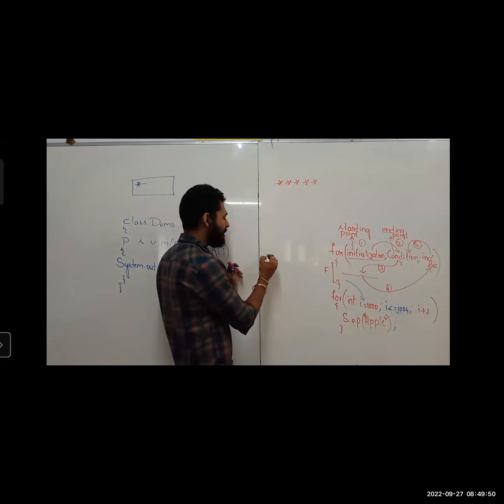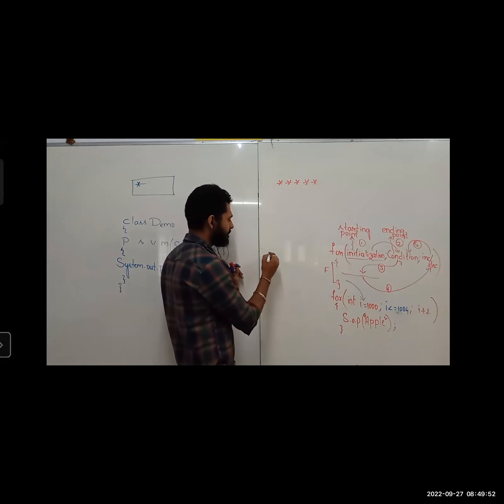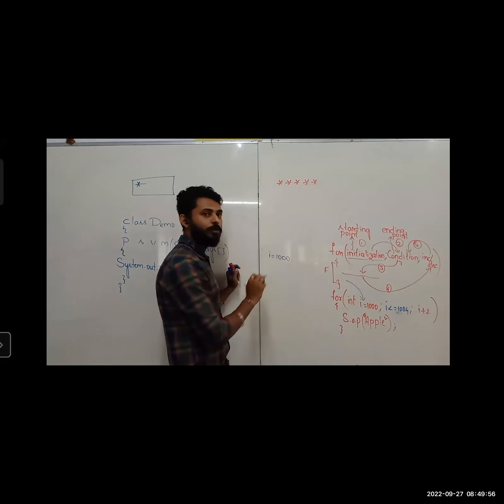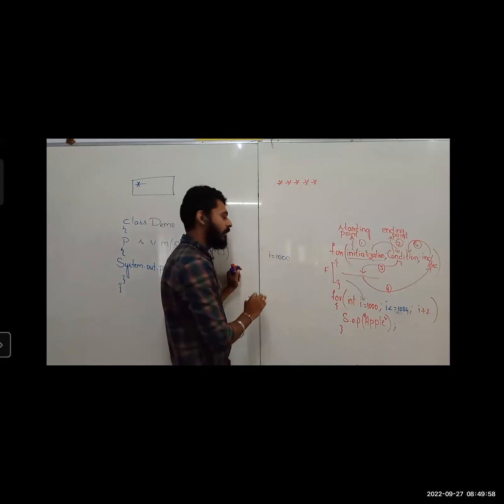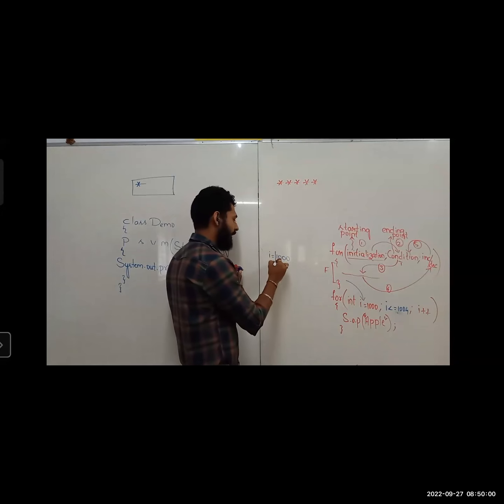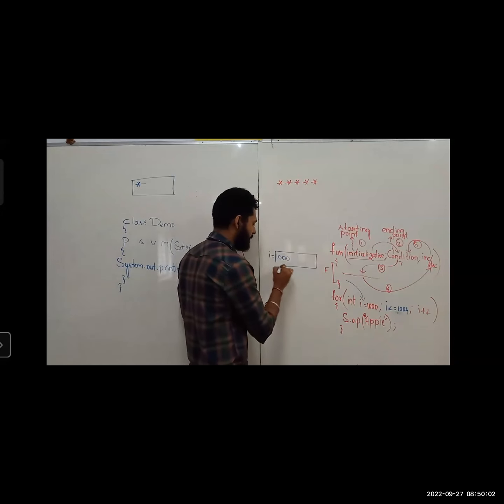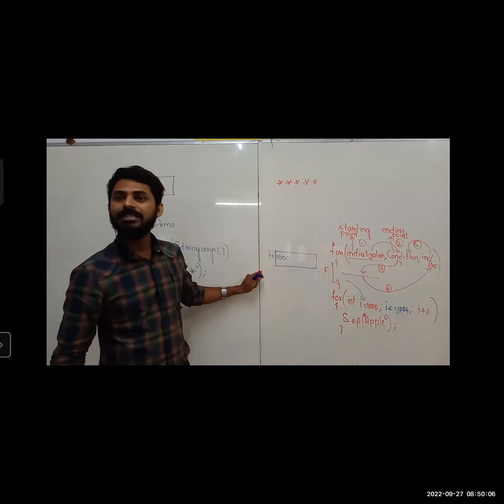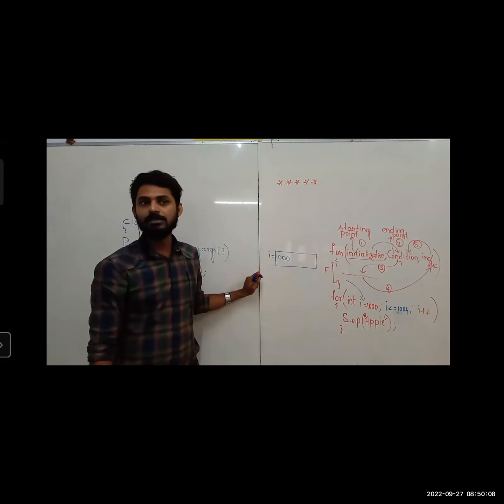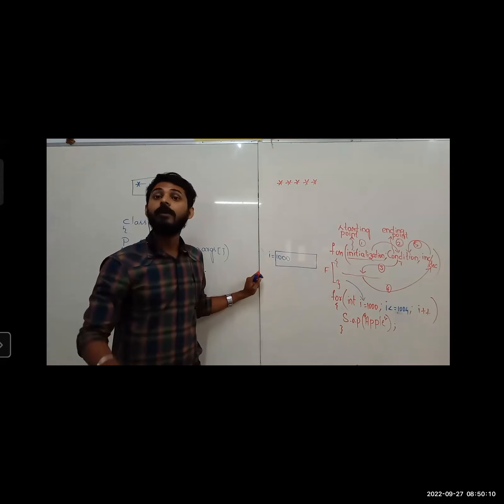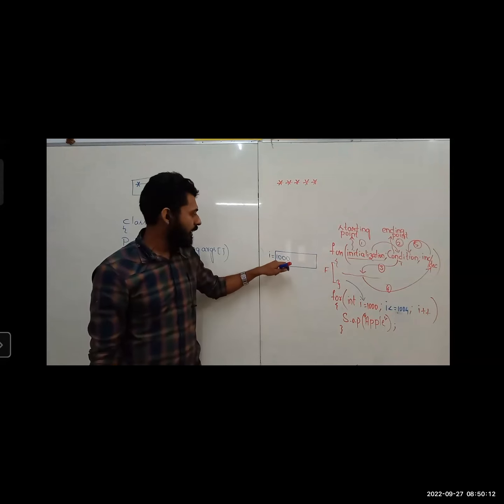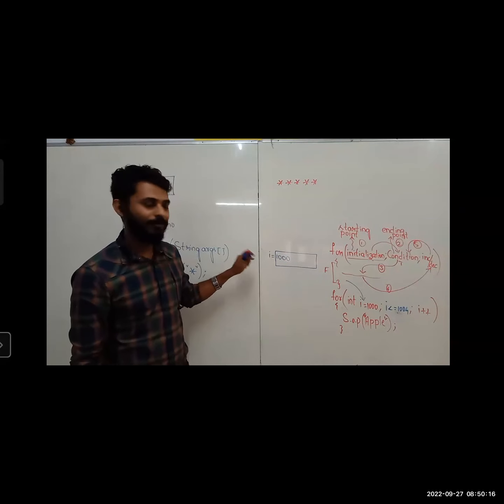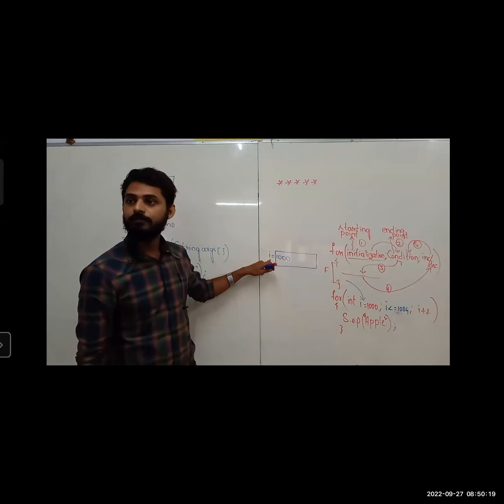So now, the I value, what have you told? Again, I'm repeating, is it compulsory that 1000 only should be there? Not really. And for I, one variable will be allocated like this. I is a variable for which some memory will be allocated, where you can store some value. Okay, now I am storing 1000 inside this memory location.